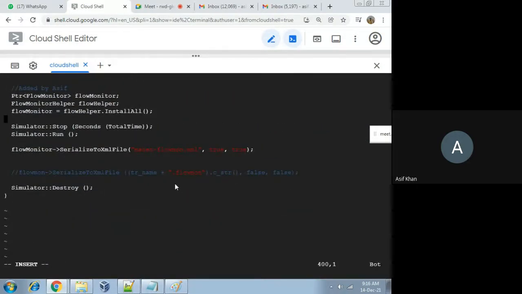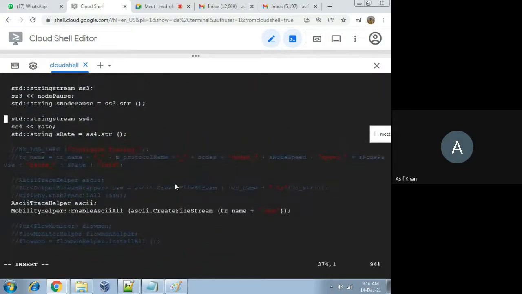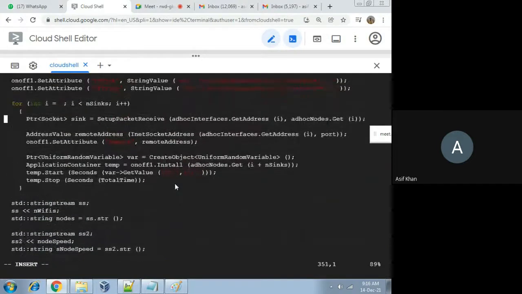Okay. Let me save it. No, first, let me reduce that time. It is 150 seconds, so it is taking more time. So let me change it to 110.